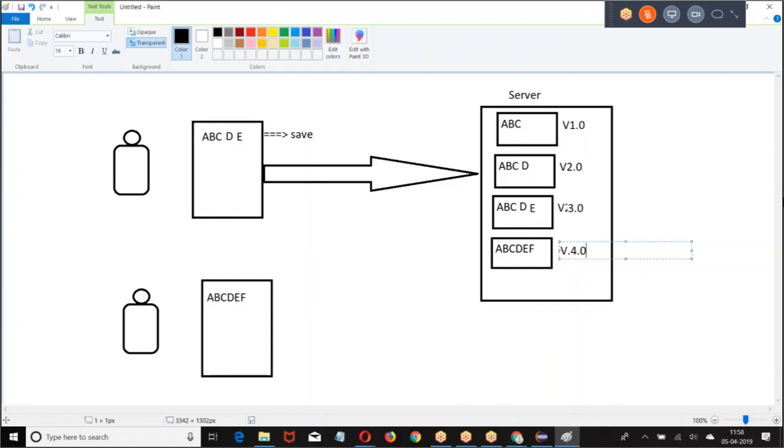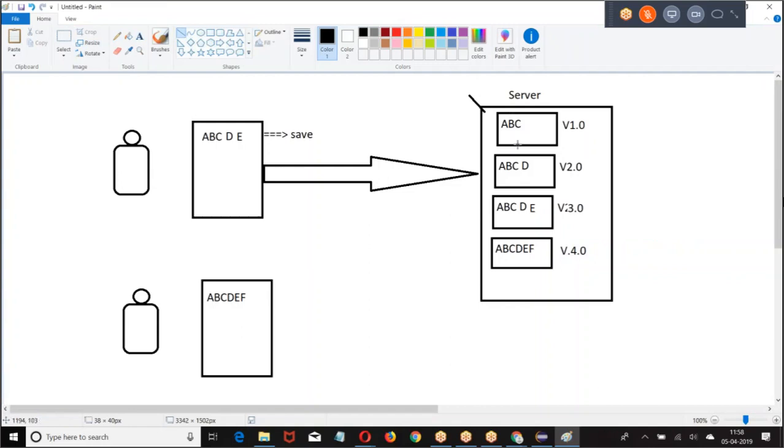Now, this is what? Centralized. They are maintaining the versioning. But where is the version maintained? On the server. And everybody has only the current version of the code. Now, if something happened, the server crashed. What will happen? We lost the entire code. We have only the current copy, previous versions are lost. That is the reason people went for distributed version controlling.